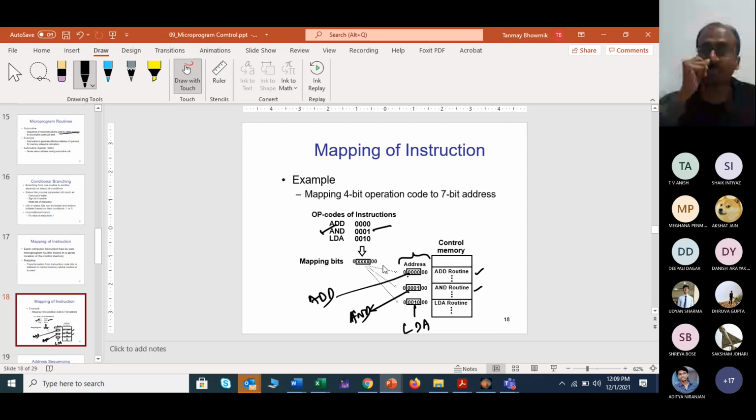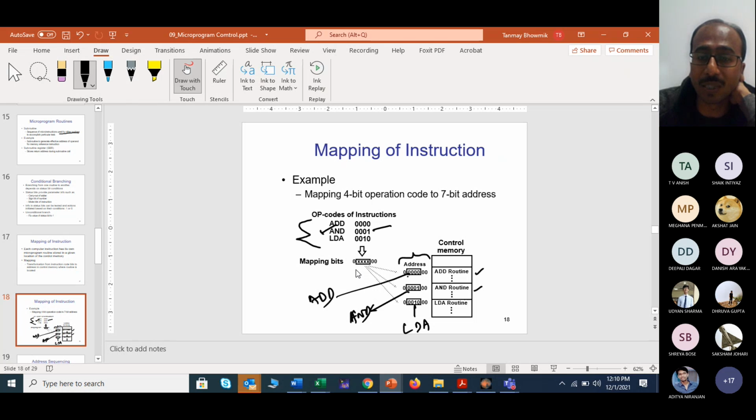So what are those opcodes? Those opcodes are some set of numbers which will be mapped with your addressing part. In your address bits, some of the bits will be fixed for the opcode. This we have also seen in our addressing mode and instruction set examples, so you can relate them now. Take these three examples: ADD, AND, and LDA. For ADD the opcode is 0000, for AND the opcode is 0001, for LDA the opcode is 0010.